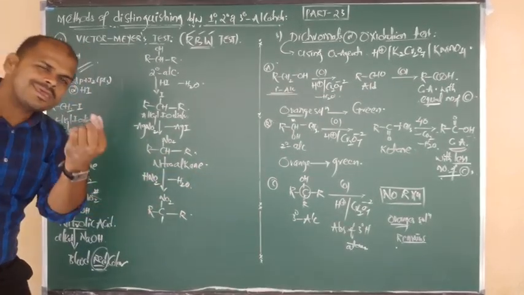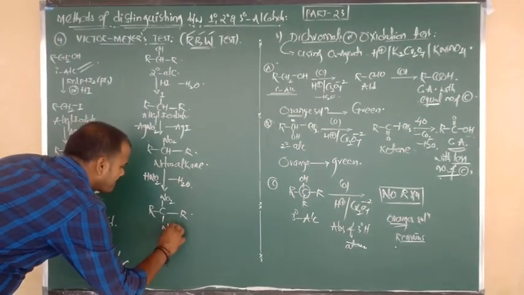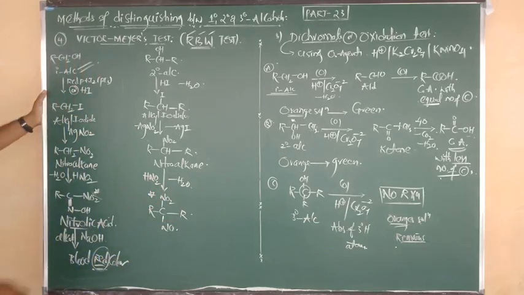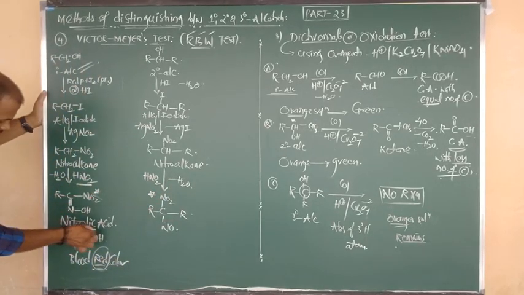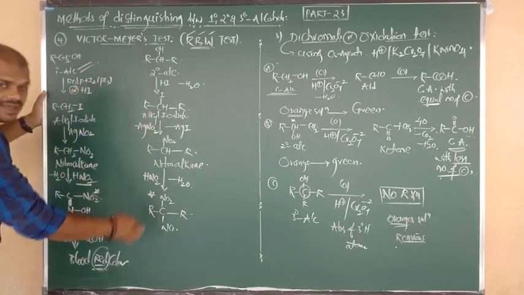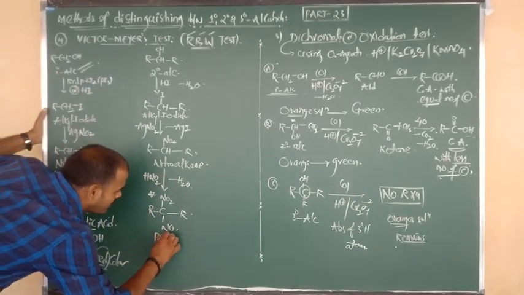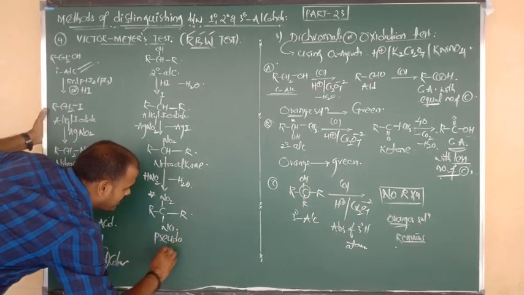Remaining is only NO. This formula is also important. From primary alcohols, after reaction with nitrous acid, you are getting nitrolic acid. From secondary alcohols, upon reaction with nitrous acid, you are getting a product called, very important,